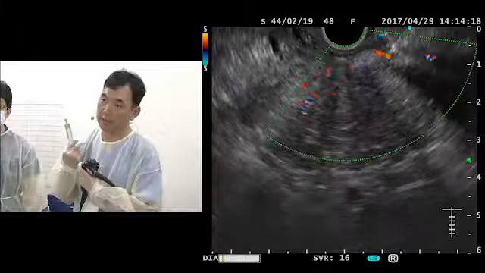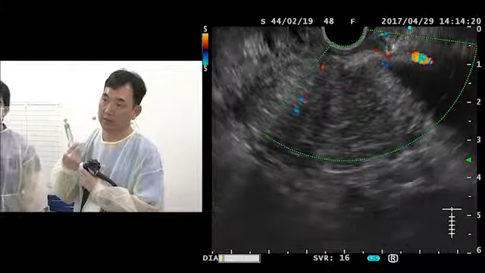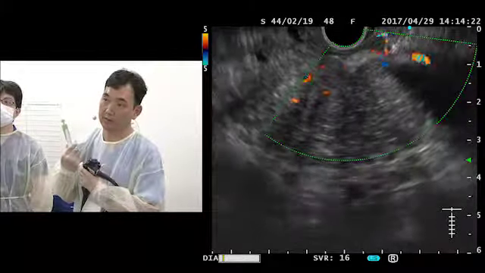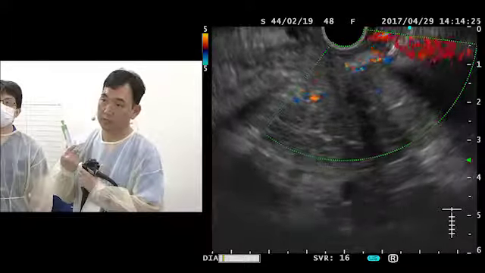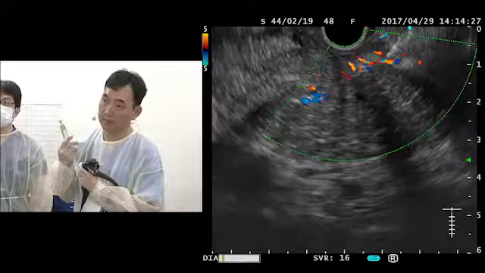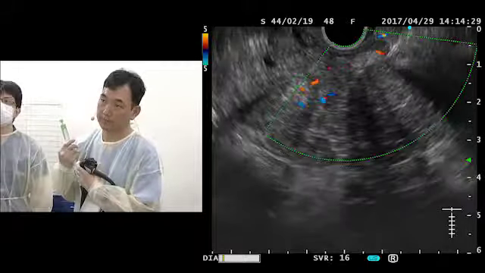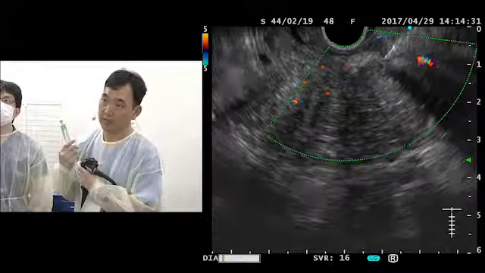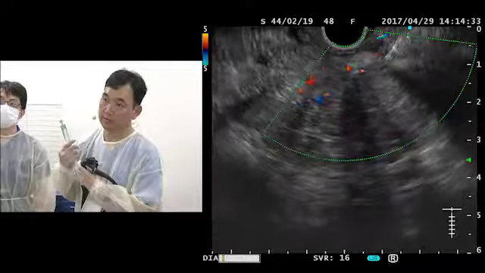I tend not to use the elevator, but in this area I'm forced to use the elevator. So I withdrew the stylet, and once you determine,